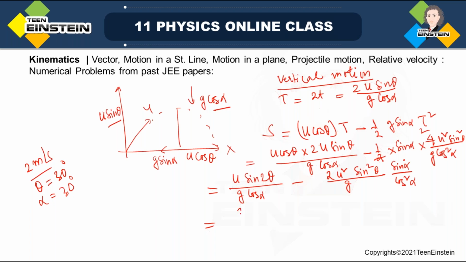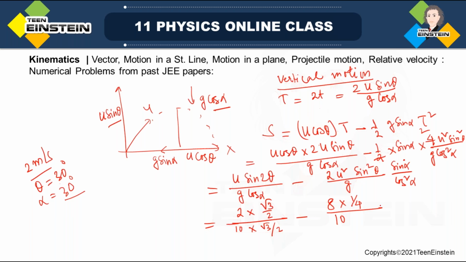So see, u is 2 meter, sine 2 theta, that means sine 60 degree, is actually root 3 by 2, and g has been asked to take 10, and g cos alpha means again cos 30 degree means root 3 by 2, and this will give you, see, u square means 4, so 8 into sine square theta, that means again 4, because sine 60 degree means half, so this will be 1 by 4